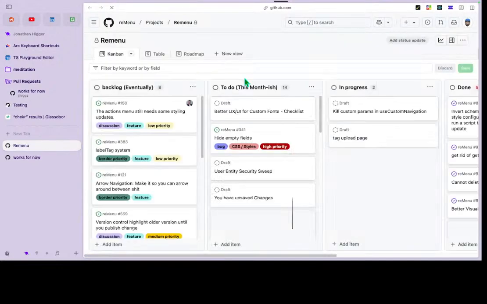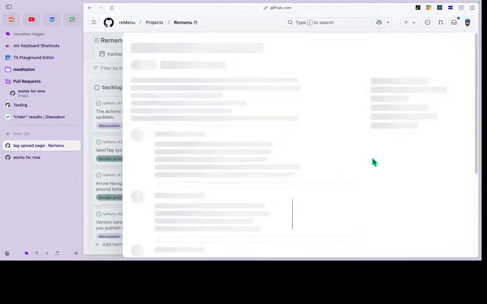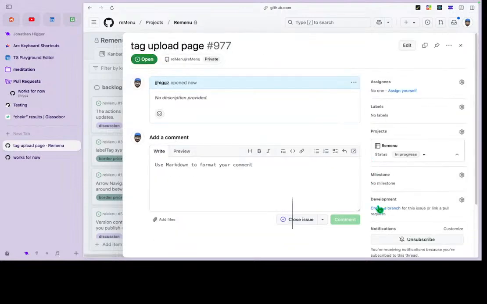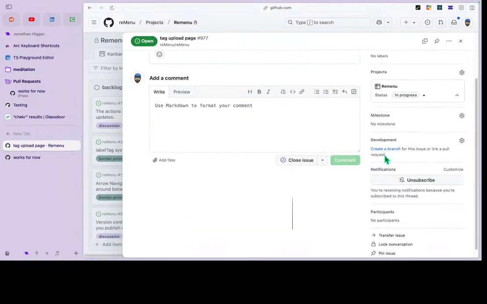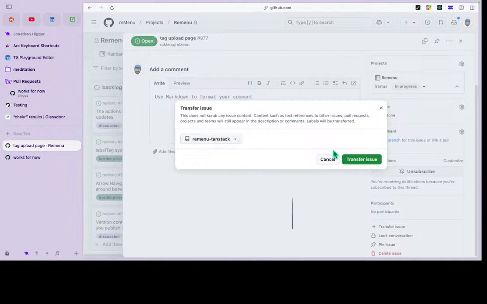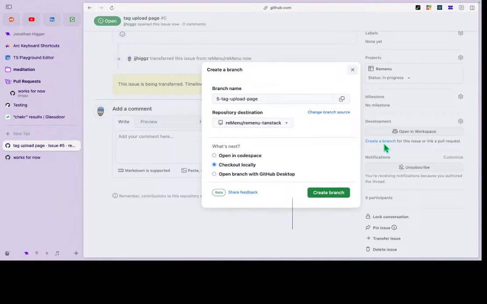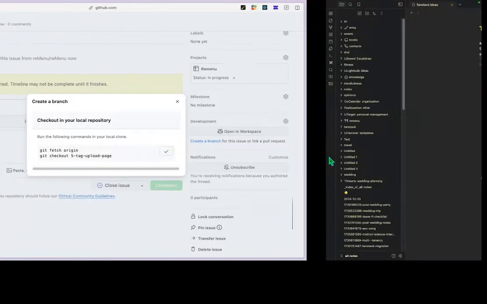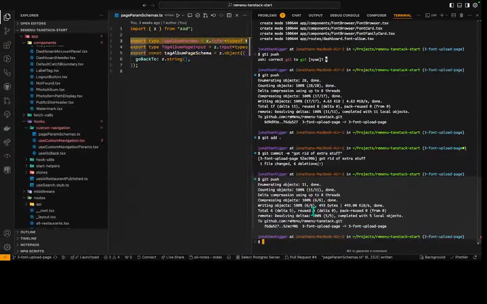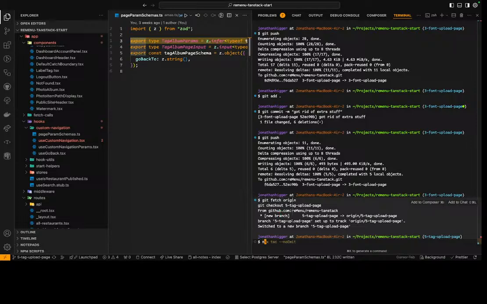Okay, the next thing I need to do is make the tag upload page work. Convert to an issue. Oh, that's the wrong one. No. We're just going to close this issue. Transfer issue to Remenu Tanstack. Create a branch. Create that. Copy that. Click on that. And now,